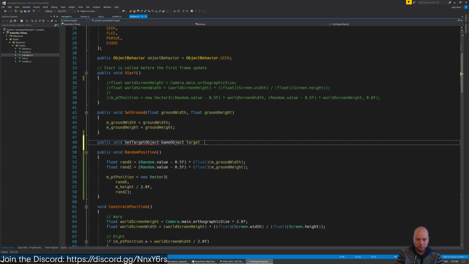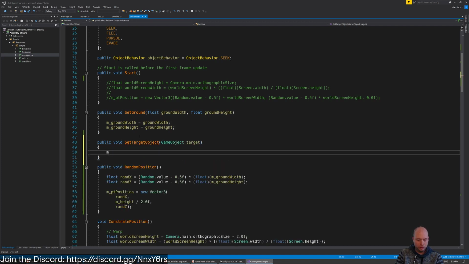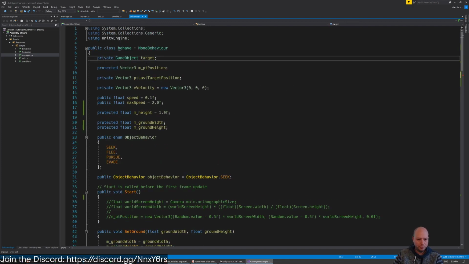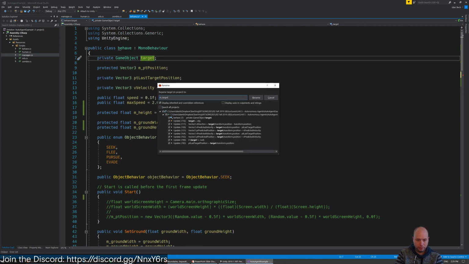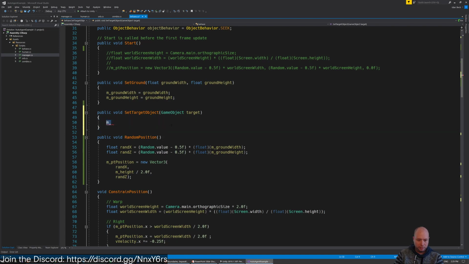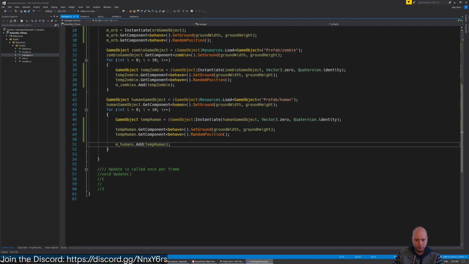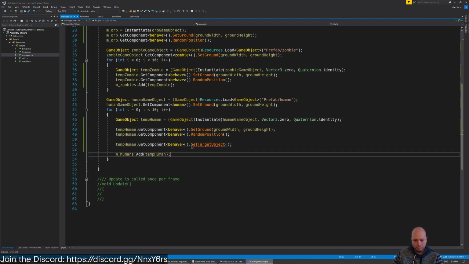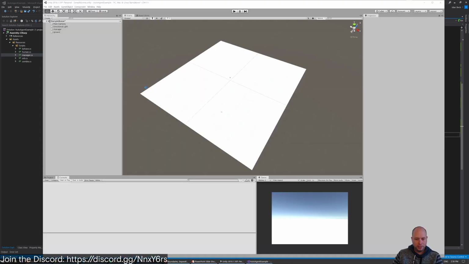Object target. And now what we're going to do is rename this to target object, and we're going to now set target object to target. And now in the manager, just like we did here, we set target object. There is no corresponding one, so then we have to set it to the orb. And now, with a bit of luck, we'll see